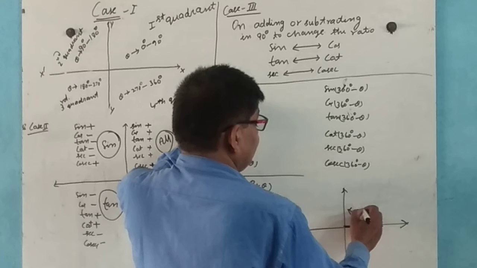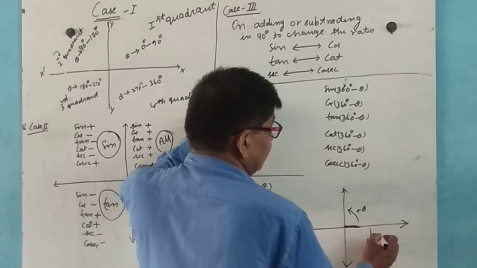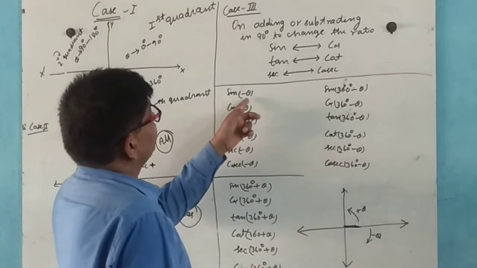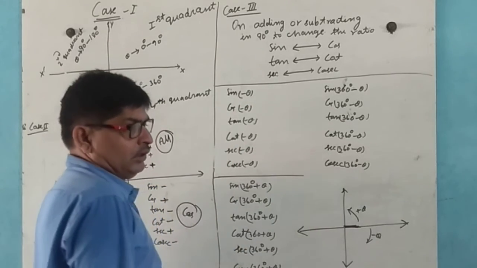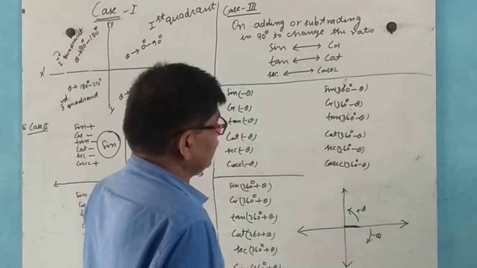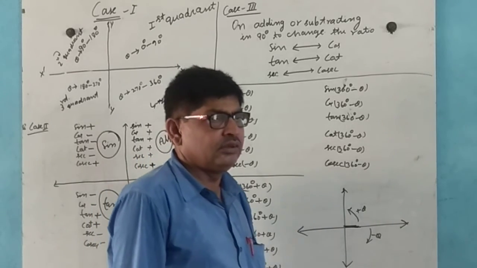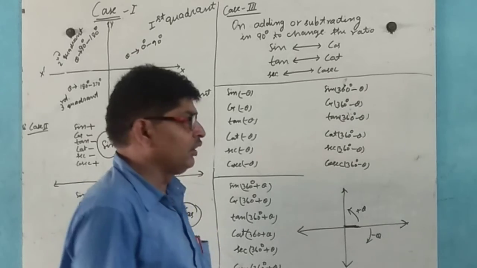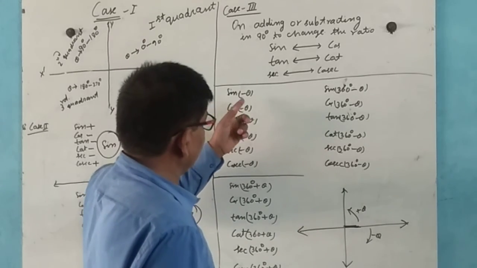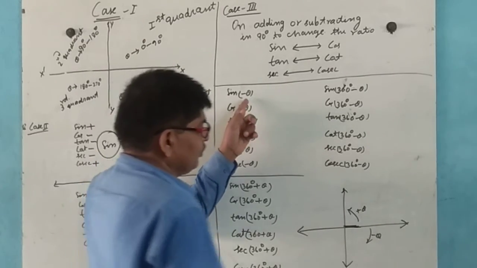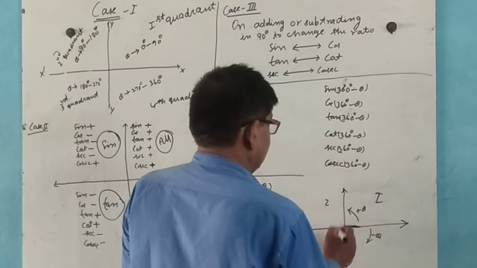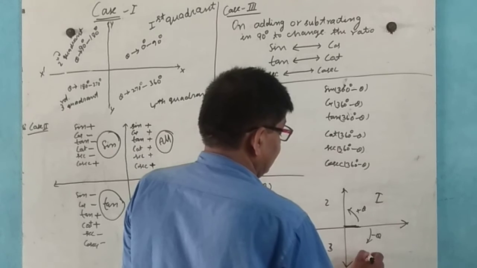Here is positive theta, here is the negative direction, so sin minus theta: sin cos tan change only when subtracting from or adding to 90 degree. Here sin is sin also, but this comes in the first quadrant, second, third and fourth,